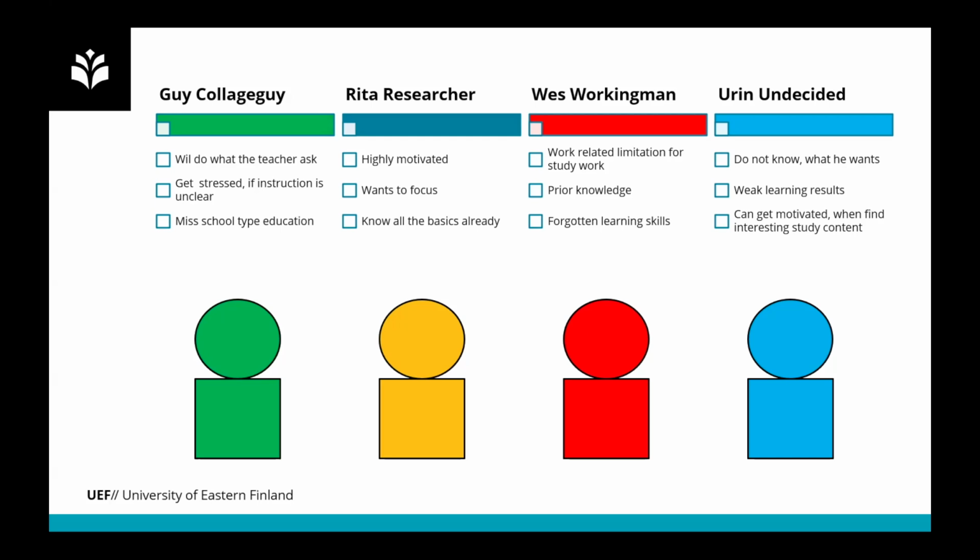And then it might be that they have forgotten the learning skills already. If they've been in working life for 10 years or whatever, and nowadays they have a family and so on, they can't do the same thing as we're doing in college. And then we can have students that don't even know that they want to be on the course. So we have different kinds of students, and therefore we should have different kinds of approaches to help these